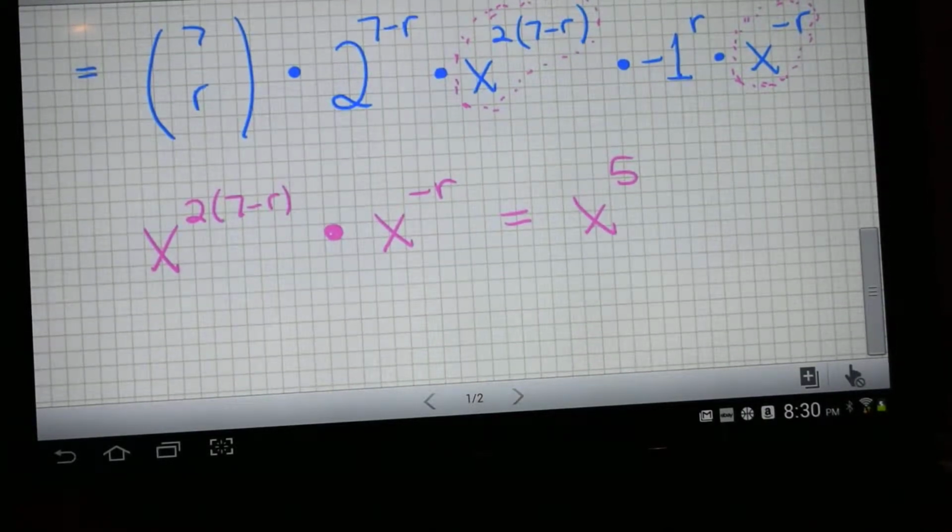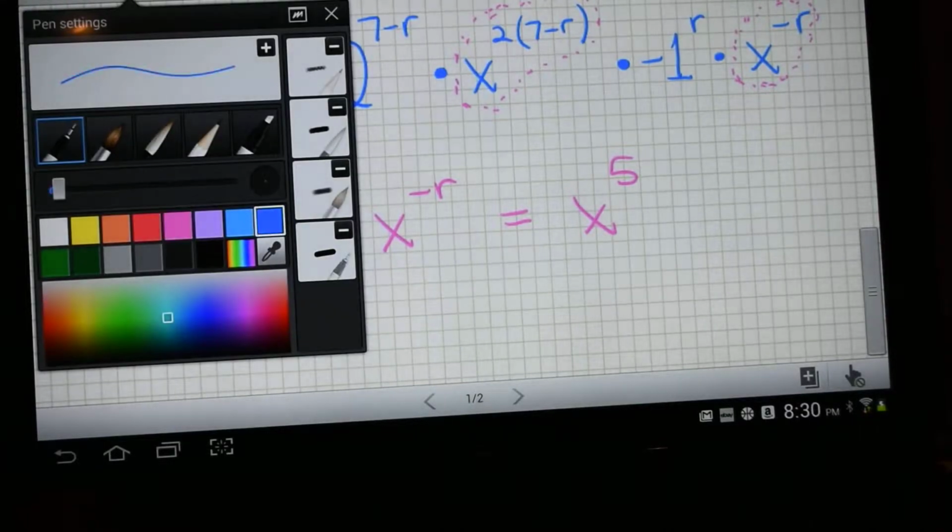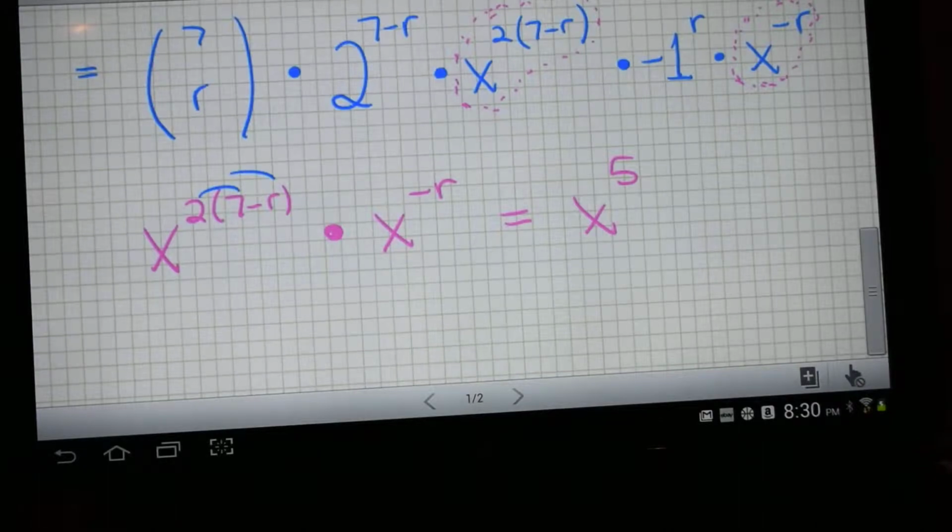I'm going to run out of space on this page. Oh, wow. Alright, now distribute in here, and you get x to the 14 minus 2r power times x to the negative r equals x to the 5th. And I already set up the next page for the next example, so I'm going to need to